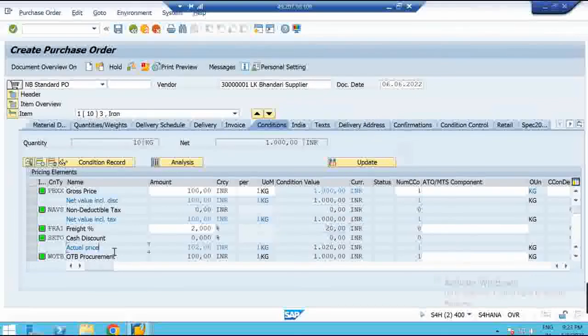Now what is the actual price? Actual price is 1000 rupees plus 20 rupees, 1020. But these 20 rupees are not calculated in the net price, because the net price is nothing but the material price, and this 20 rupees freight charge is a logistics charge. So a logistics charge will never be added to the net price or material price. So where will it go? That will go to the